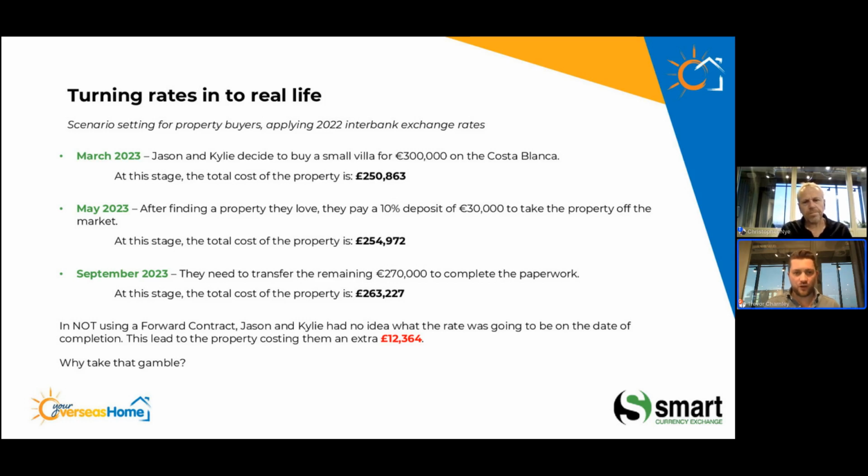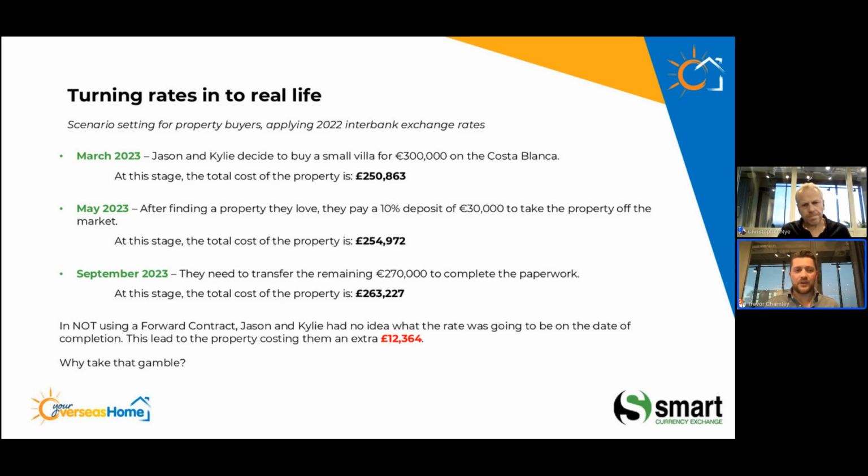They've found the property and are going through the negotiation process. They agree to pay their 10% deposit of €30,000, and the property comes off the market. Based on where currency rates moved between March and May last year, at the stage in May that property would cost an extra £5,000, so £255,000 effectively. Now, if you fast forward to completion day, which is September 2023, they need to transfer the remaining €270,000 to complete the paperwork. At this stage, the total cost of the property will be